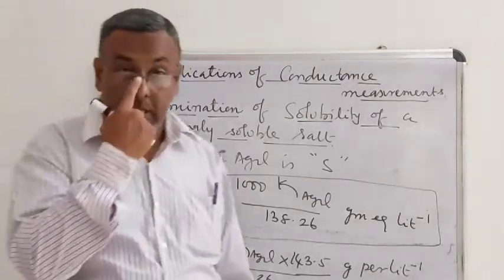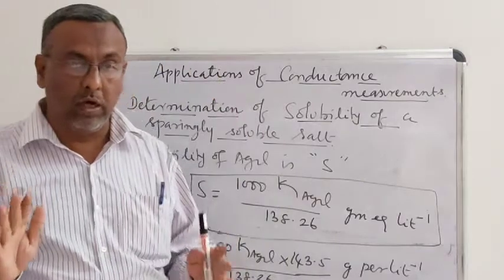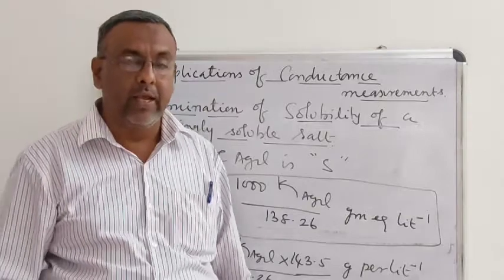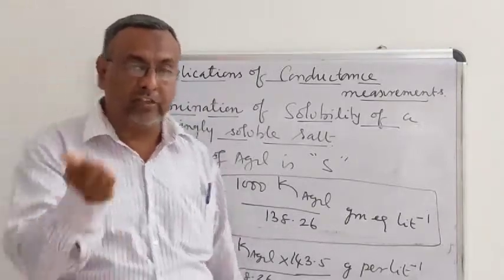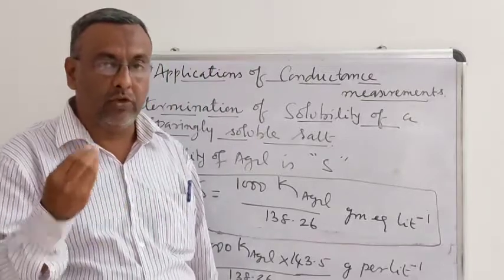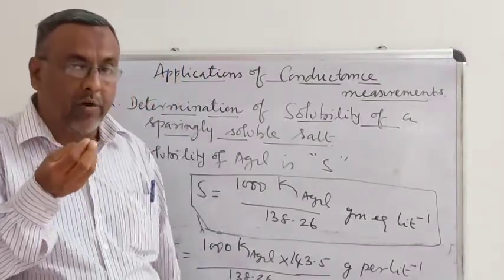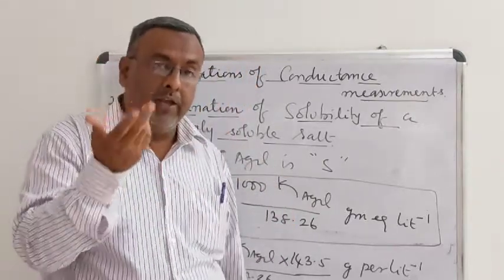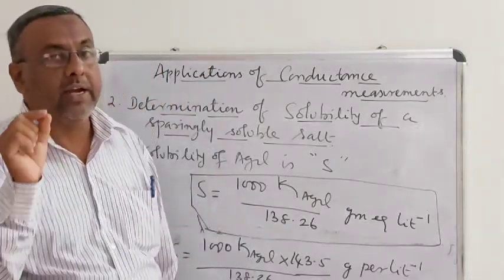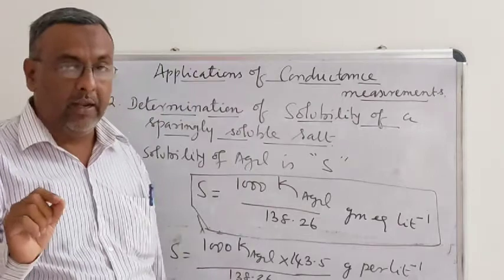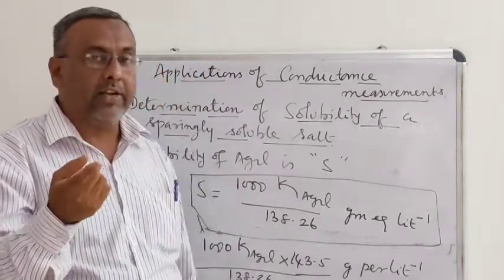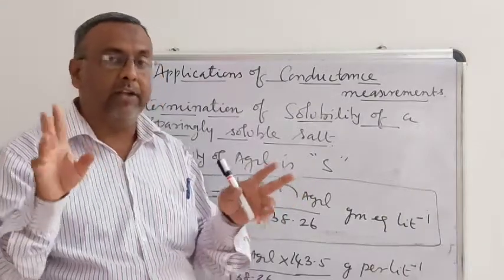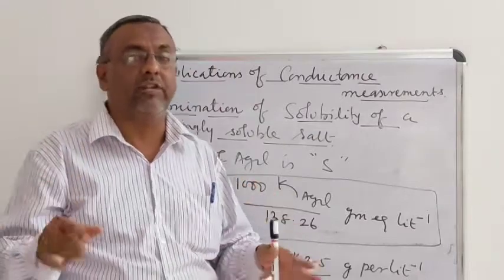Say once again, I am repeating. First, we have to wash the precipitate 2 to 3 times in water to remove all the soluble impurities. Then the sparingly soluble salt is suspended in water at 25 degrees centigrade for about 2 hours. Then a little quantity of salt goes into the solution in the form of ions. Then, using the conductivity cell, we measure the conductance of silver chloride solution and also the conductance of pure water, subtract the two and multiply by the cell constant to get the specific conductance of silver chloride.